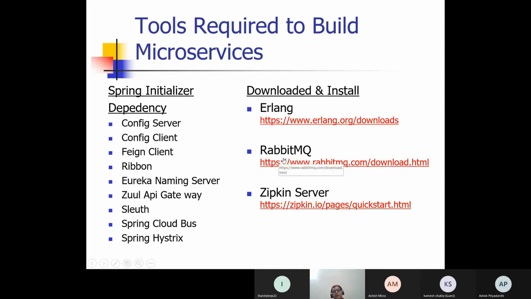Erlang, RabbitMQ, and Zipkin server. Now see here, out of these 12 tools which I have mentioned, every tool has its own goal to serve.